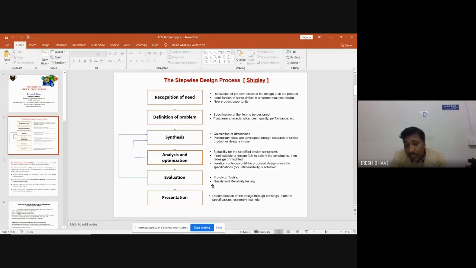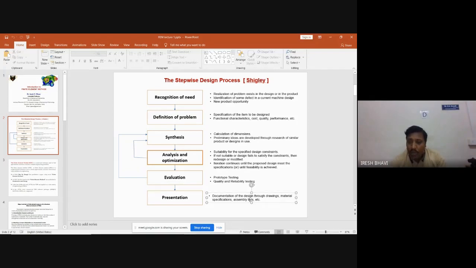Engineering drawings are such that they are self-explanatory. Whatever machine drawings you do, in machine assembly, manufacturing, all those things, they are readable and self-understandable. So the production person can easily read what is the material of that component, what are the processes that need to be done, what are the dimensions of the components. Everything the production person will come to know just by reading those drawings. So presentation will always be by using engineering drawings with the bill of material, that is material specifications, and also with the assembly list.